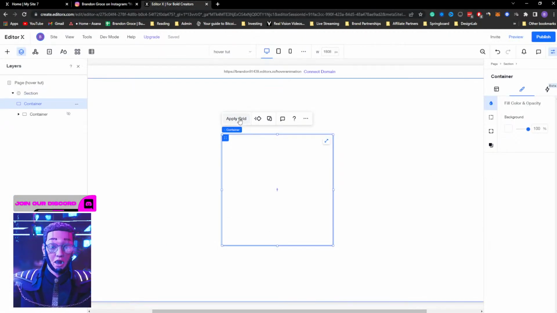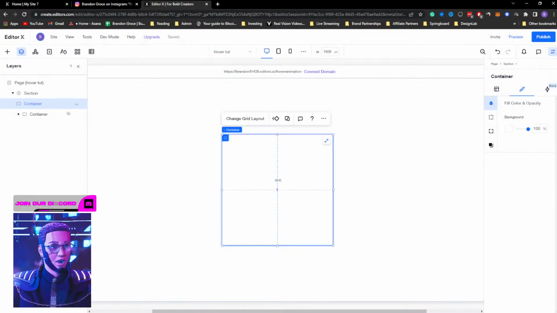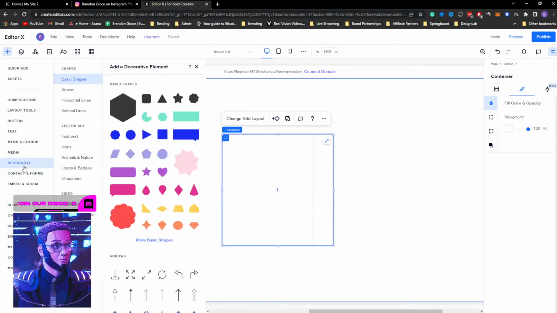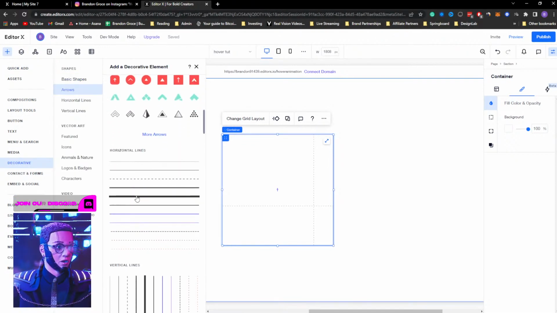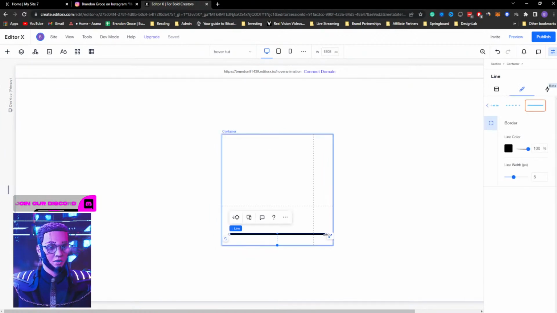So first off, I do want to actually apply a grid to this container. I'm going to do a 2 by 2, and I'm going to pull this over for the content over here. We're going to have some space over here for our arrow and space over here for that little /1. And we're going to bring this down here just for our words. So I'm going to go ahead and go to our plus here, go to decorative, and find a horizontal thick line just like this. I'll pull this in, scale it to about here,